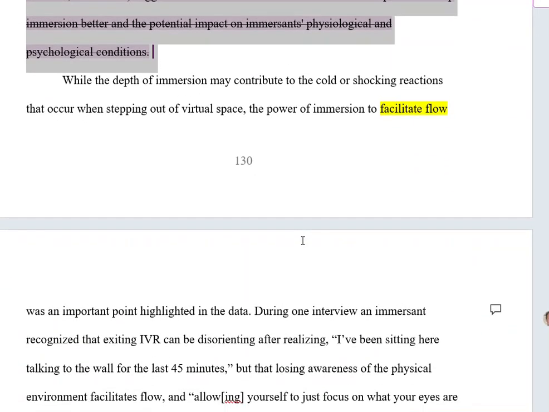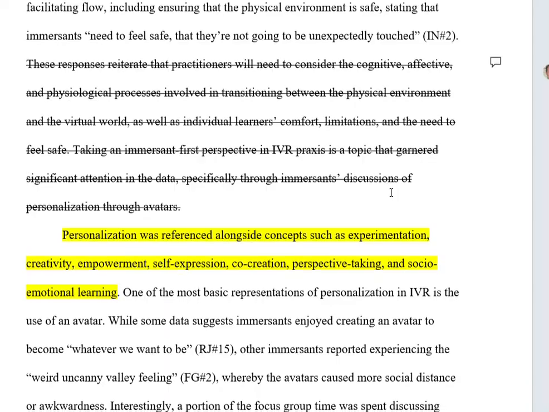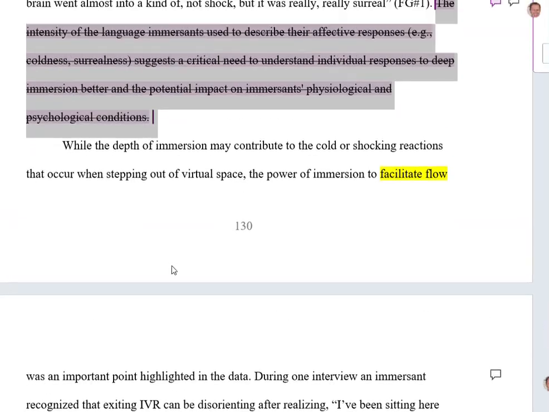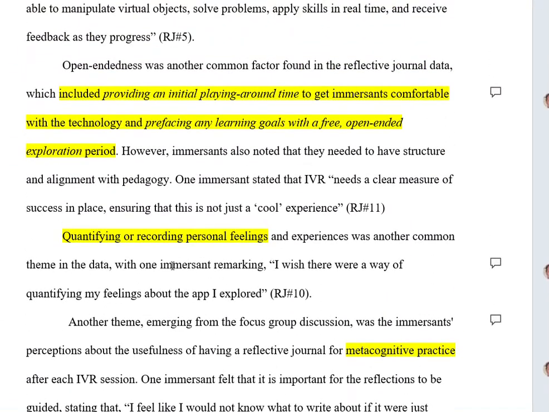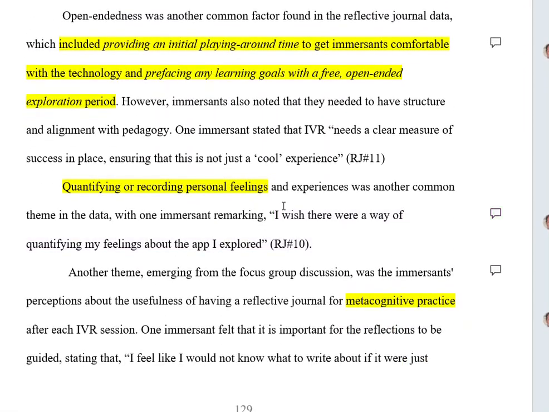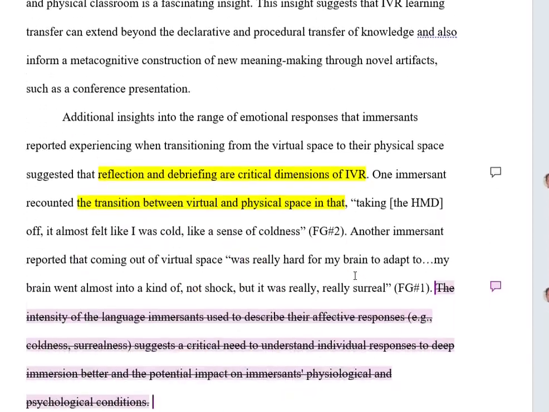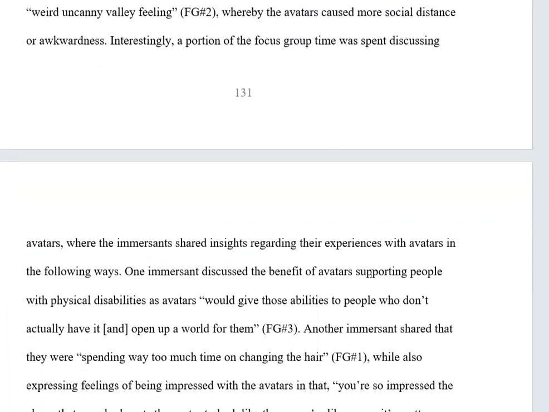Because what's the discussion about? And people are going to go to the discussion for the discussion, not the results. The results usually involve presenting data. So I think the fifth thing I was at was flow. And then we're back to personalization here, which was, if we go back here, as I recall, quantifying personal feelings. I'm not even sure that's like this one quote. It seems isolated. So anyway, you might be able to introduce it into the personalization as a sort of an ending point.